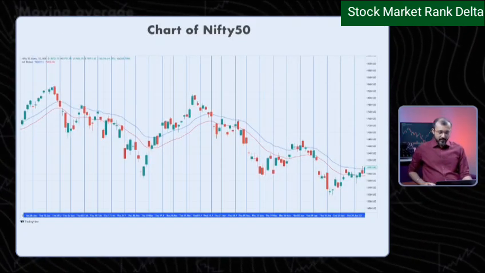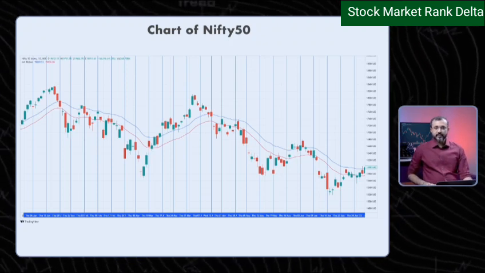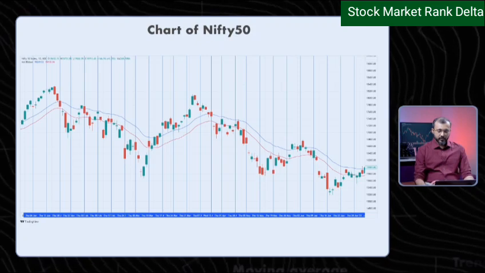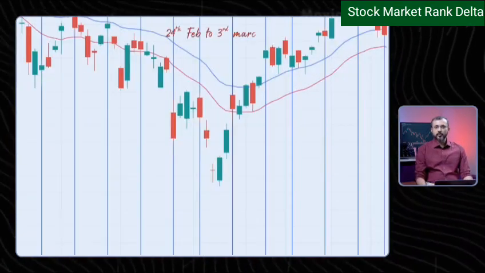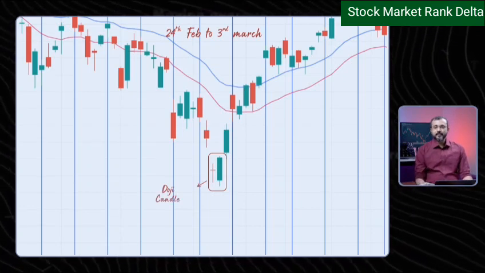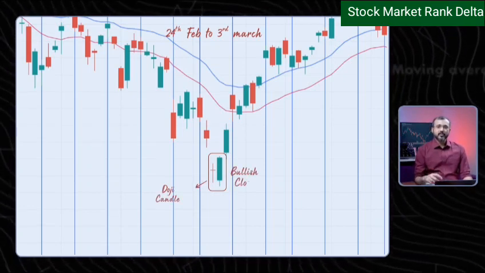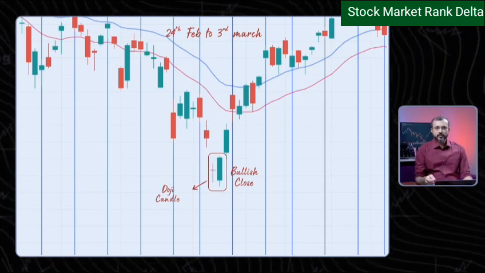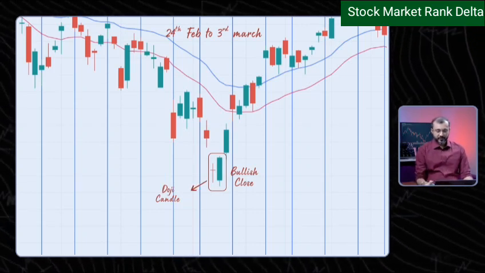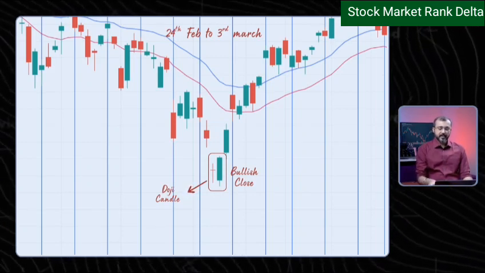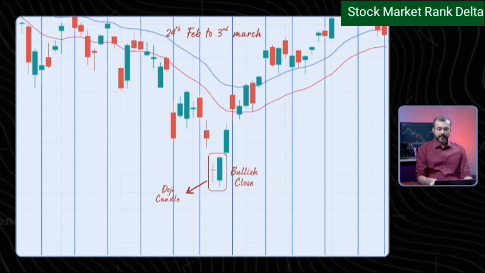The next trade got triggered in the 10th week of the expiry. If we see, we have a lower close. The lower close is formed through a doji candle. The next day, the entire doji candle got engulfed and we got a higher close, so a bullish close above the previous open. In this case, a market structure low got formed, and if a market structure low got formed, we again do the